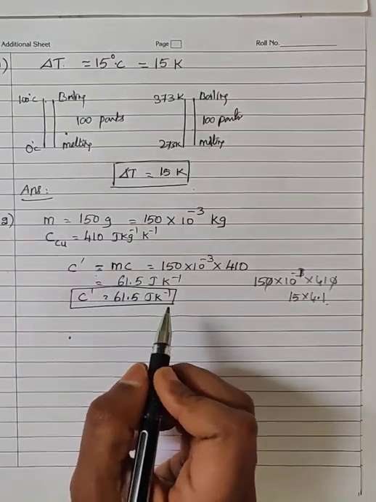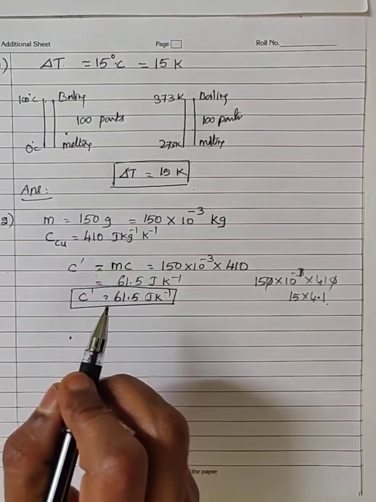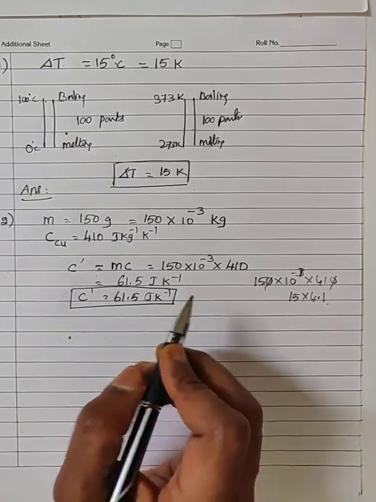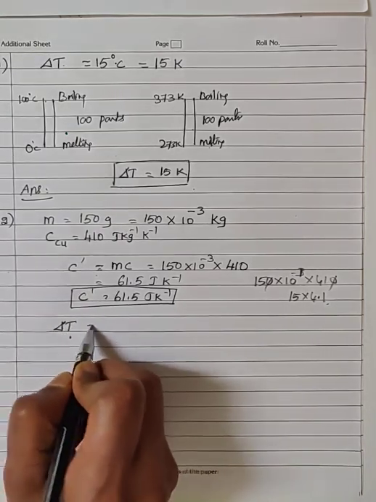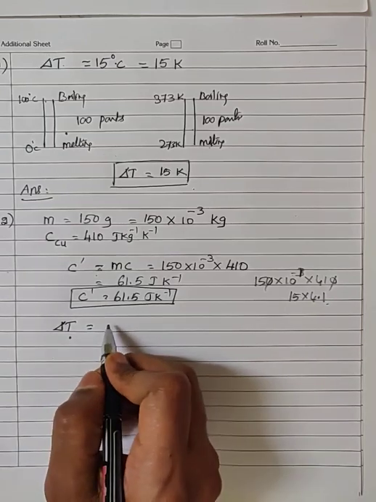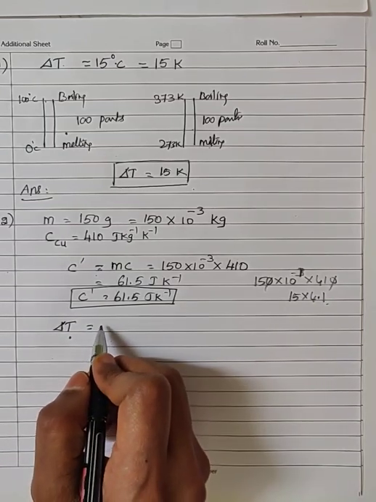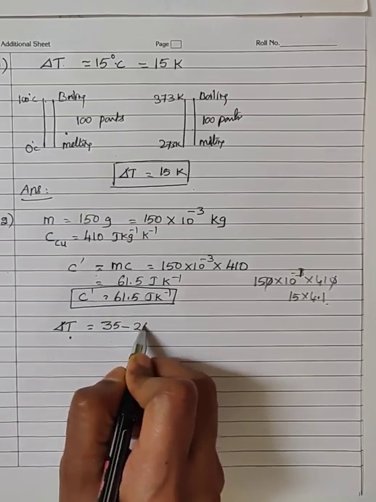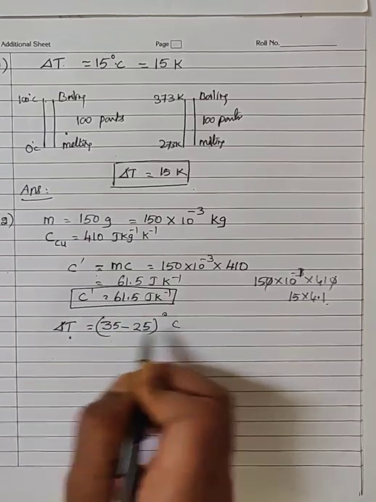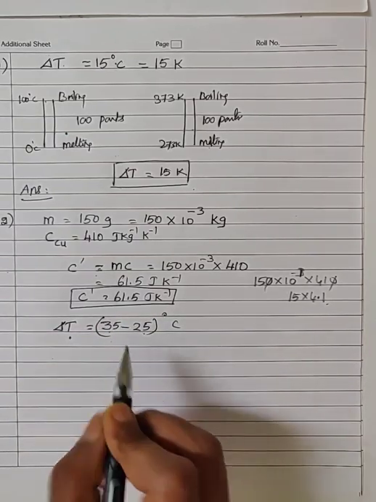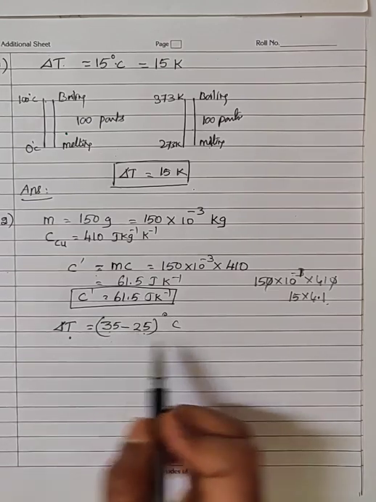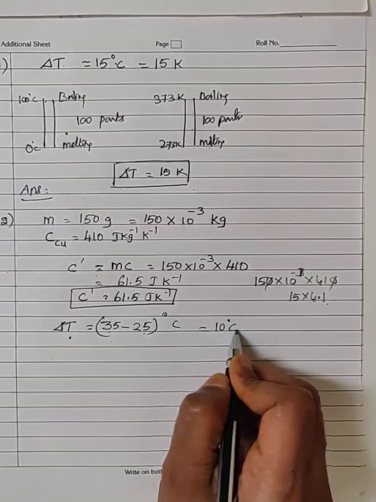Second one, they have asked, how much heat energy will be required to increase the temperature of the vessel in the first question from 25 degrees Celsius to 35 degrees Celsius. That means delta T is given as 25 to 35. Here it is given increase. When the temperature increases on heating, I told you, delta T represents final temperature minus initial temperature. Here final is 35 degrees Celsius. Initial temperature is 25. So 35 minus 25 is equal to 10 degrees Celsius.